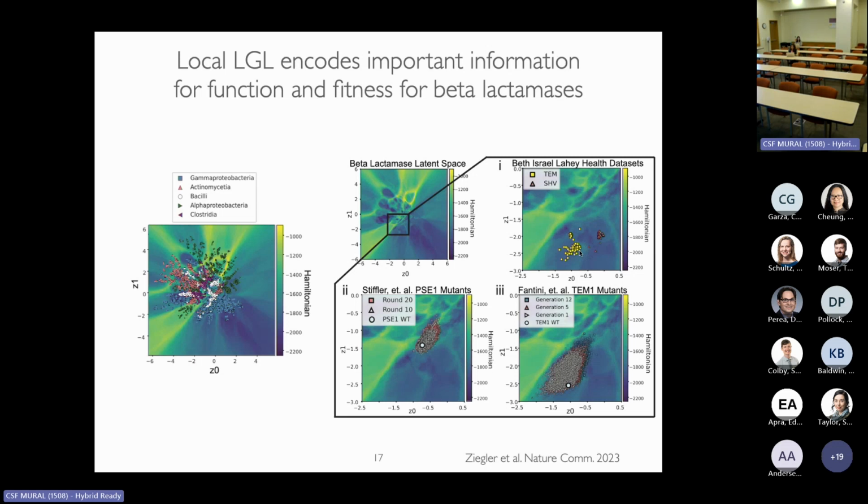Now, another thing that we observed is we took two different experiments where people actually took one lactamase, then evolved it in vitro, and they were experiencing mutations, high mutational rates, and then they only recovered those that survived. So this in vitro evolution experiment, and we saw something very interesting on the right-hand side, Fantini et al. What they did is they had a really high selective pressure. So their antibiotic concentration was really high, and then we see that all the sequences